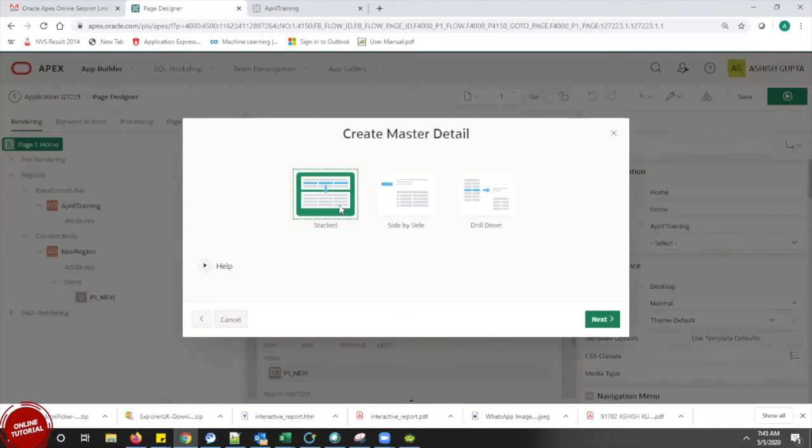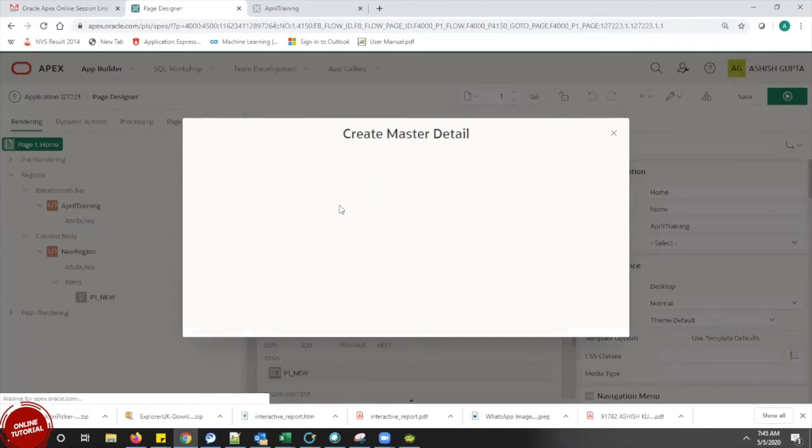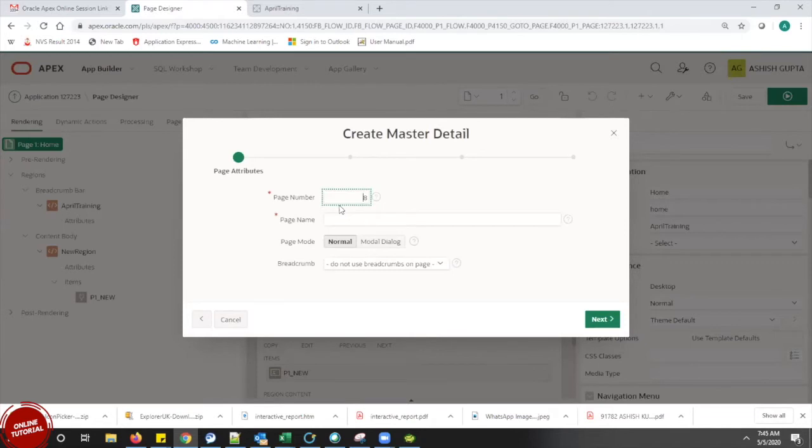The first one is a stack, so we are going with the stack. Here they are asking for the page name. This page name is for the master table. We can give any page name.